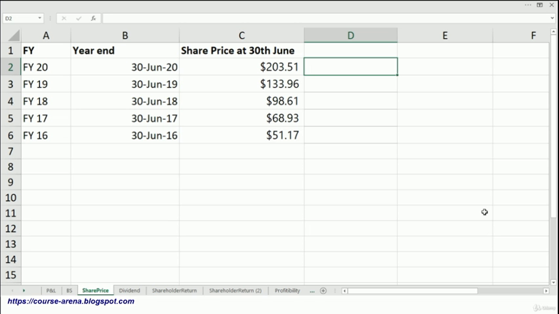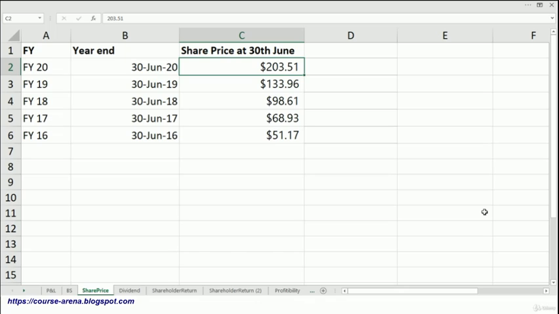Hello and welcome back. So in this lecture we are going to calculate capital gain, dividend, and then total shareholder return for Microsoft. But before we start that, let me tell you a small thing, and that is this file that I'm using right here is available to you in the resources of this lecture. You can download it from there and practice along with me. And from where we have taken this data, all the data about financials of the company and share prices and dividend, I'm going to show you that later in this course. Right now you can just concentrate on the files that are given and you can follow along with me.